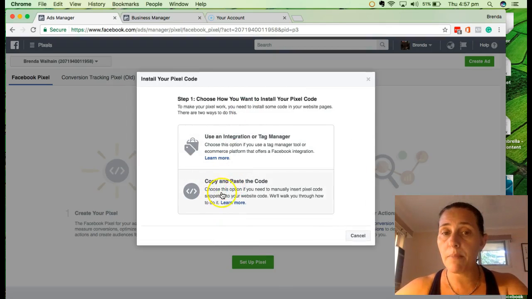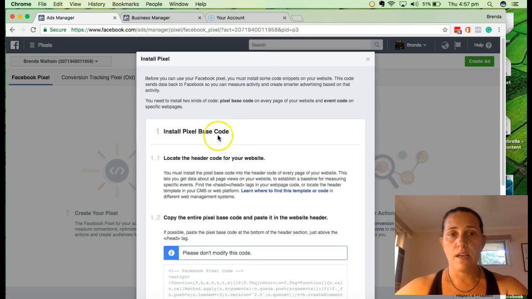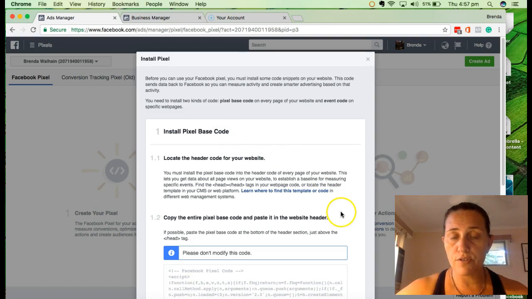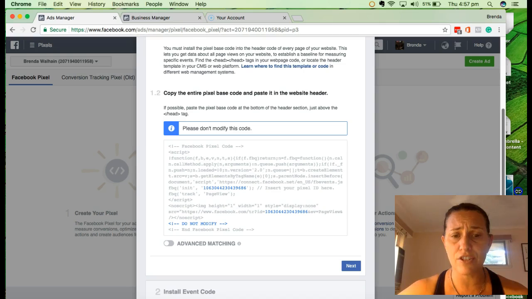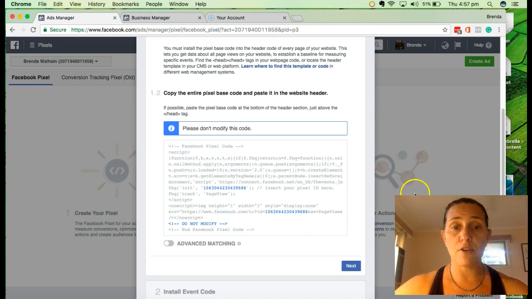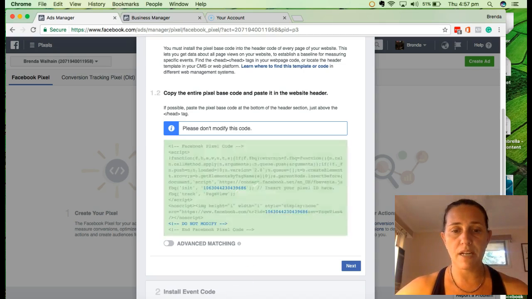So we're going to copy and paste the code. Install the base code. All right, so this is what you want. Now, don't be freaked out by this. It's nothing too scary at all. So I'm going to copy that, copy code. It's copied to my clipboard. I also like to usually copy it to